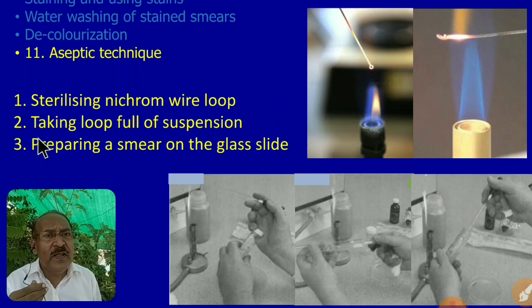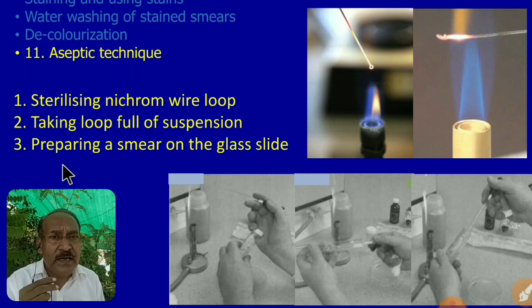So all these things, when we do them near the flame or in an ultraviolet chamber, the chamber which is already made sterile by putting UV light on and then putting normal light on and switching off the ultraviolet light, if you perform this practice in an ultraviolet light chamber, then also you are doing it aseptically. Understood? So doing this in the presence of a burner or in a well sterilized UV chamber is doing it aseptically. So these were all basic things which anybody wants for understanding of bacterial staining procedures.